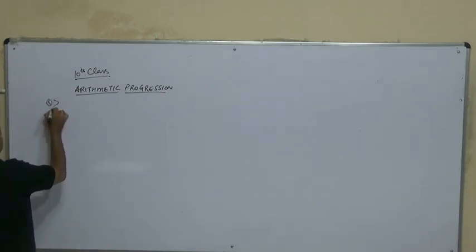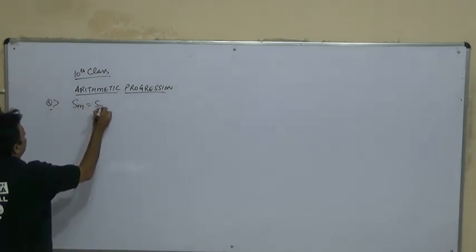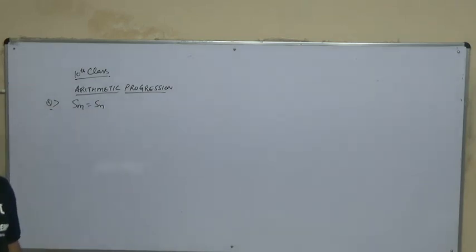if the sum of m terms of an AP is the same as the sum of n terms, if the sum of m terms in an AP is equal to the sum of n terms, show that the sum of m plus n terms is 0. So what we are given here, the question is Sm is equal to Sn. We want to show that Sm plus n